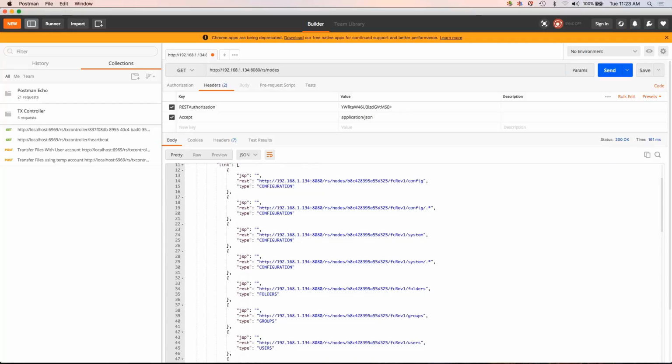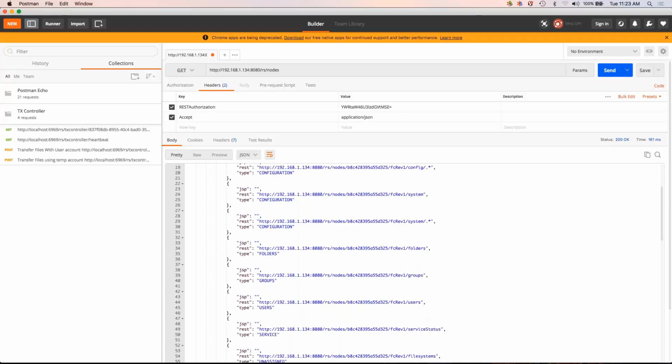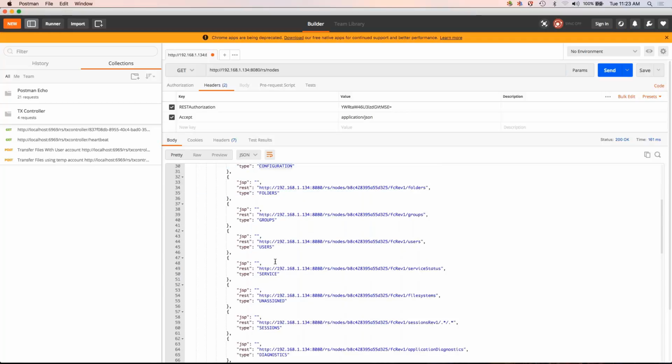So if there's different events I want to run, to different endpoints I want to call on the specific node, I have each of the entities' configs, each entity's URL as well as the identification of that URL. So here we'll have the users. So if I want to get the list of users, I can copy this,